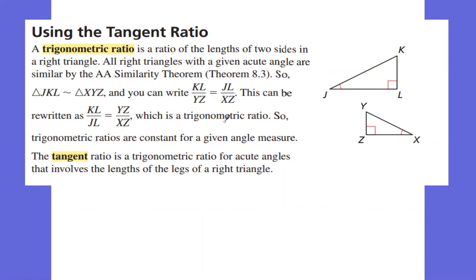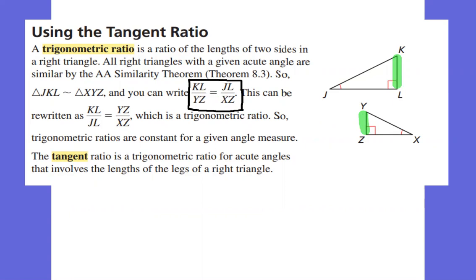So let's take a moment and just talk about this real quick. This first proportion here is coming from the idea that ratios of corresponding sides of similar triangles are proportional. So when I'm talking about my KL, and let's color code this, here's KL, and YZ is right here. In both of these triangles, KL and YZ are directly across from the marked angle, the angles that are congruent. So in these similar triangles, I would refer to these as my ratio of corresponding sides, KL over YZ